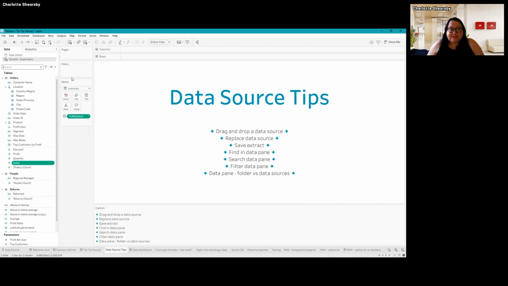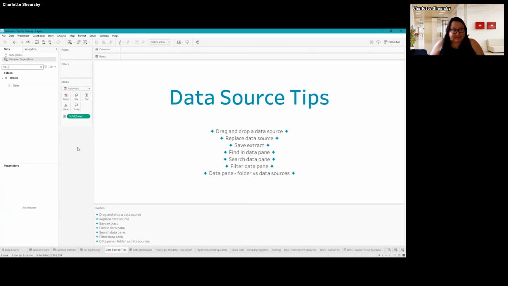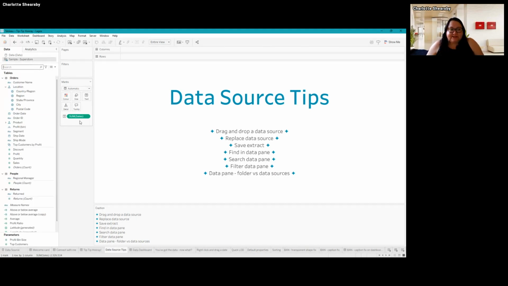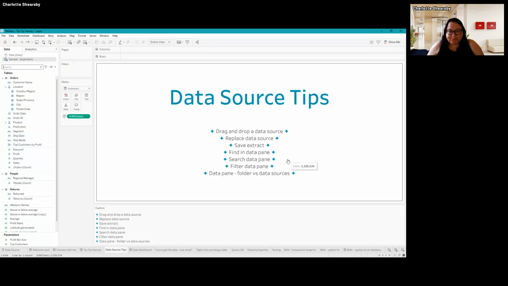You can also search the data pane, so we can search for sales and it will bring sales up. I can search for quantity, it will find it there. So two different ways of finding the field that you want in a busy data pane.